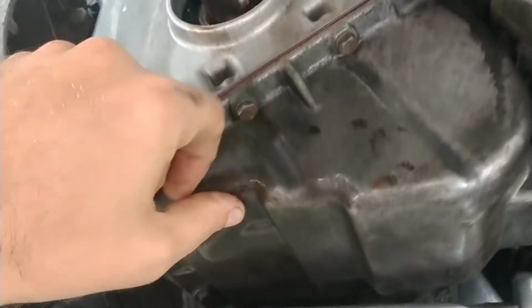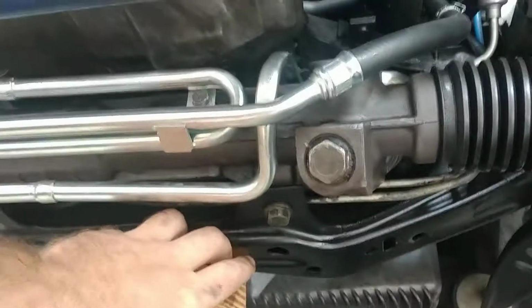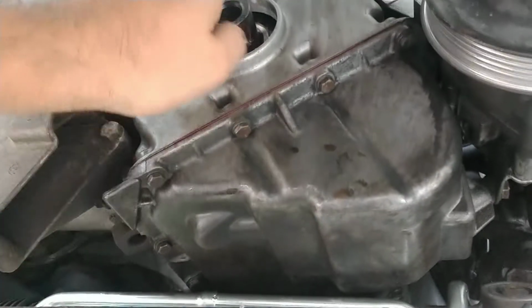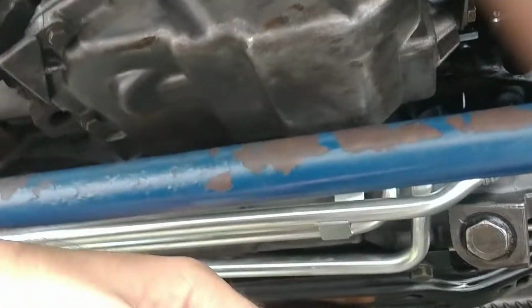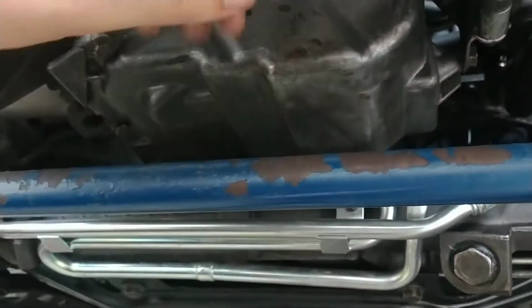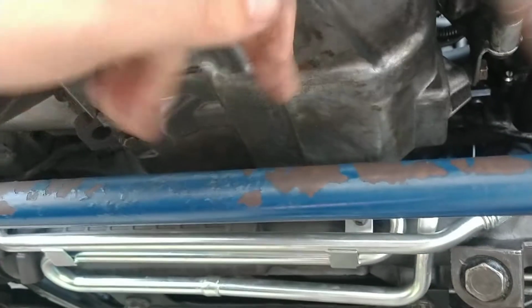That old guy also said, instead of taking all this stuff off, he'd take the engine mounts, jack the motor up, and then drop the pan that way, which they could have done on this car. I'm not sure how they did it. Either take the bottom off, take the stuff out, or jack up the motor. I'm not sure which way they did it, but anyways, couldn't get it with any conventional tools. Called Anthony over at Matco Tools, and got